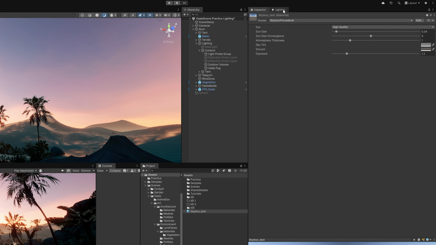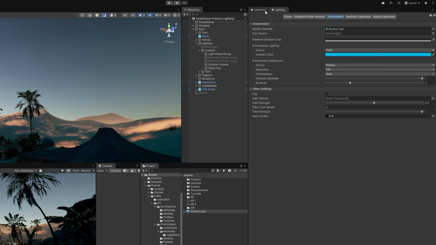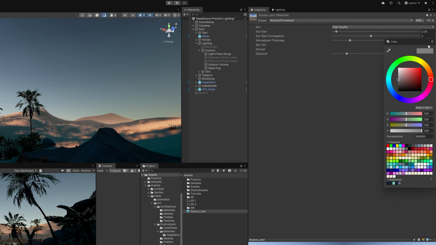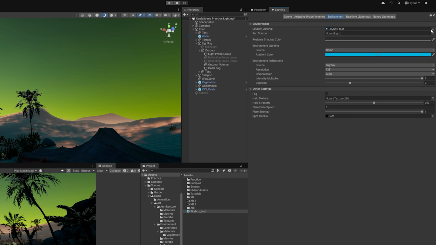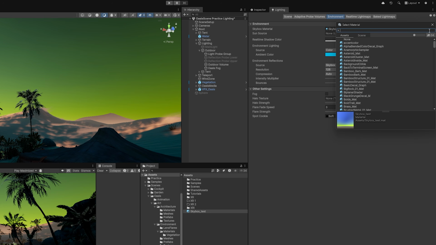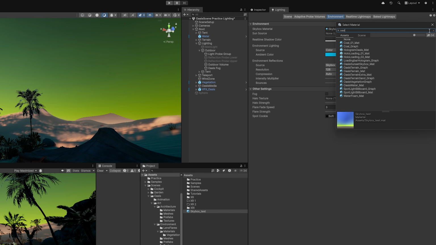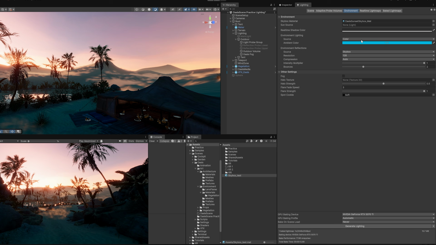And so if I took this material and dragged it in, you can see very easily it has generated a pretty nice looking skybox. If we wanted, we could change the color of the sky to whatever we want. That is a quick way of doing a skybox. I don't want to dive too much into it because there's so much we already have to cover in this tutorial, and I believe generating skyboxes in the different ways you can generate a skybox material is a video all on its own. So I'm going to go ahead and set it to the Oasis skybox,